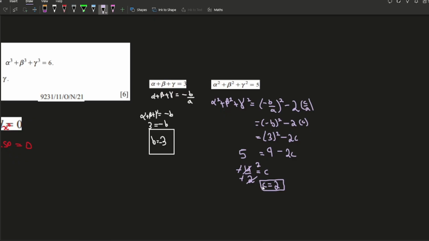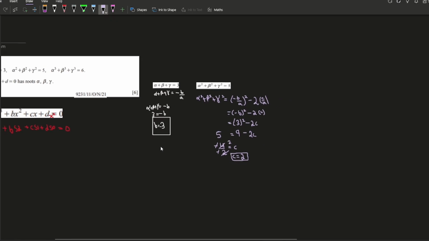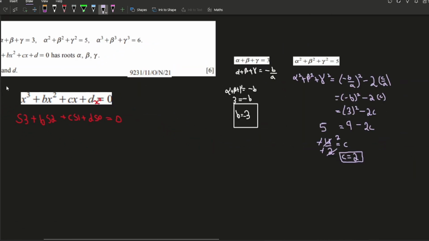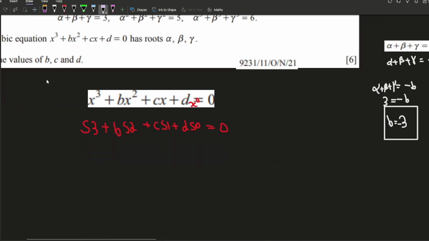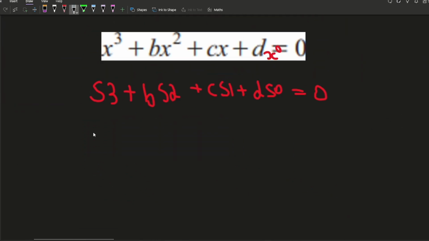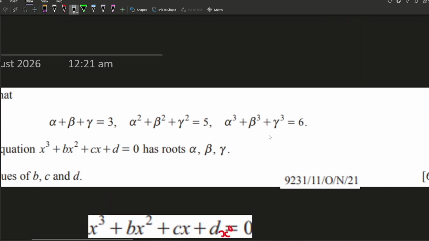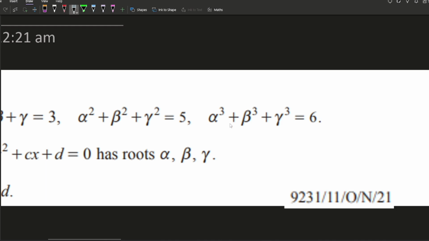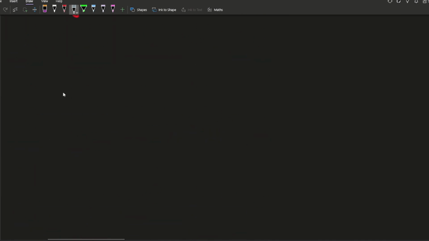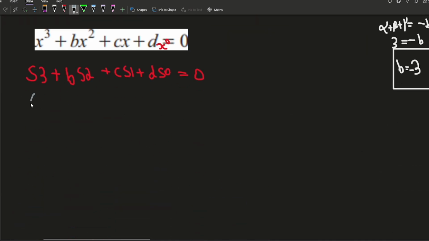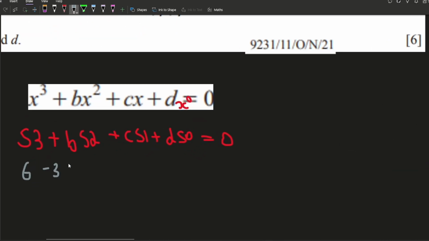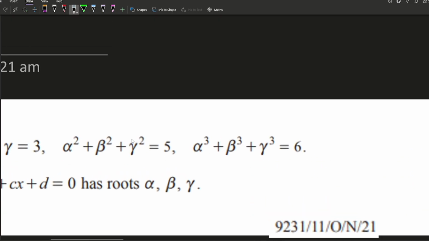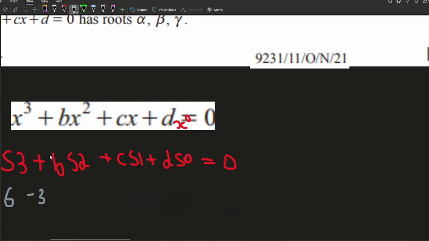Okay, so now we have to find the value for d, which we can do by using this, right? So S3, we know the value of S3. This is basically S3, the sum of cubes of roots. So in place of S3, we can write 6. The value of b is minus 3, so minus 3. So in place of S2, we can write 5. This is basically same as S2. So this will be 5